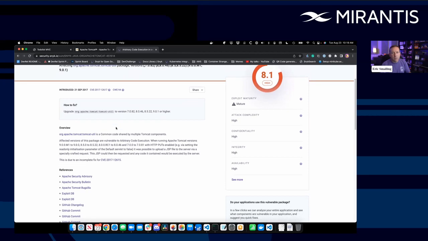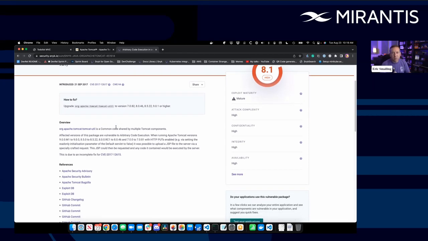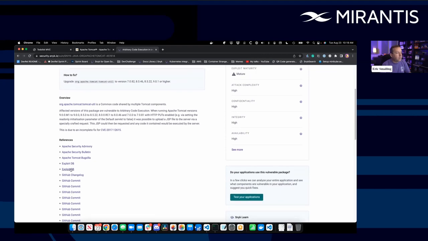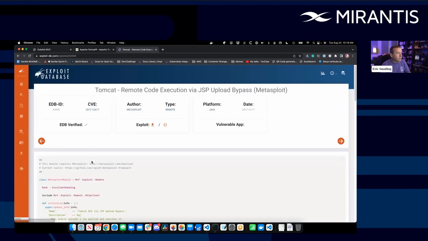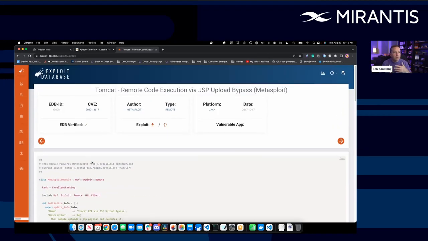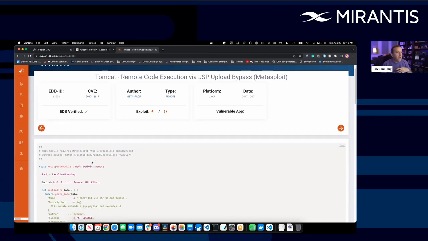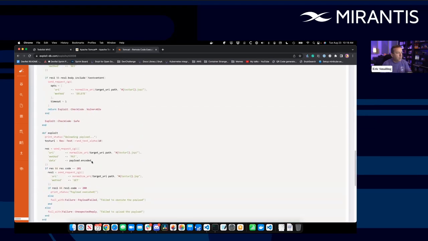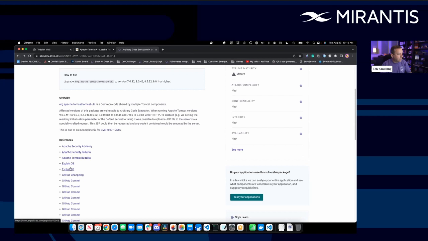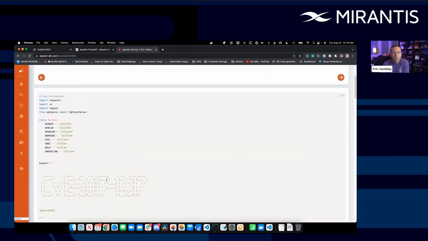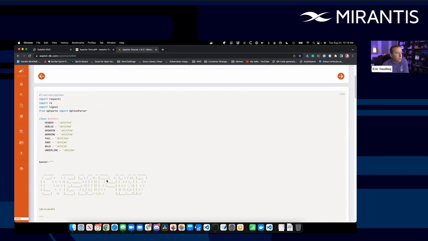It tells me a bit about the vulnerability, and I could go in and research it. I could try to figure out how to break this thing, but you'll notice there's a couple of Exploit-DB links here, and one of these, if I click the right one, yes. So Exploit-DB is a place where you can see examples, and this is an example of exploiting this vulnerability. This is actually Python. There's two of them here. I'm going to show the other one. This is the one I'm going to use. Here we go. So this is a Python proof of concept for this vulnerability.